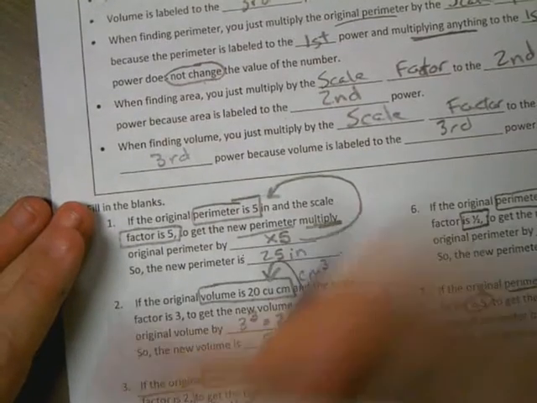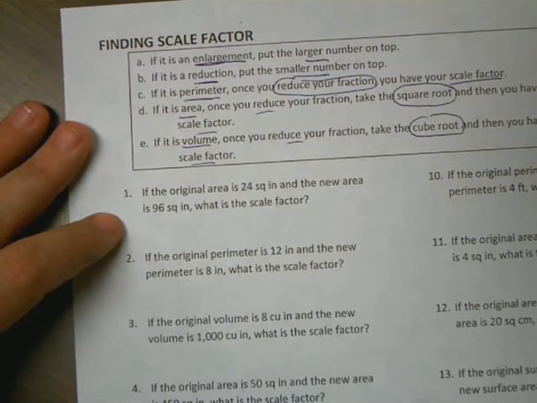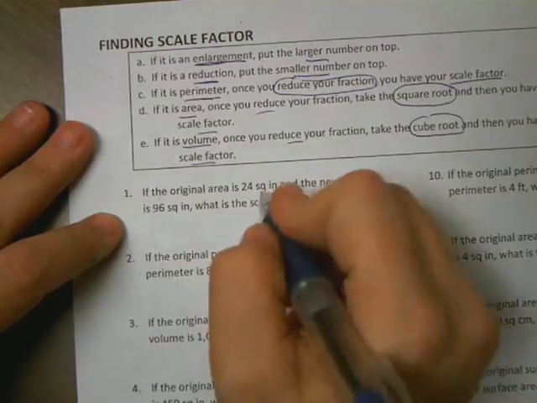On this side of the assignment, you are applying it every time. This time, we're going to work backwards to figure out what it would have been if you were guessing and checking. But we're going to actually calculate instead of guessing and checking. So here we go. The original